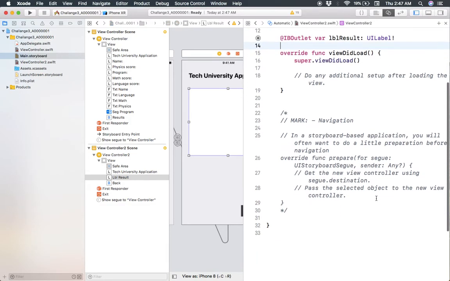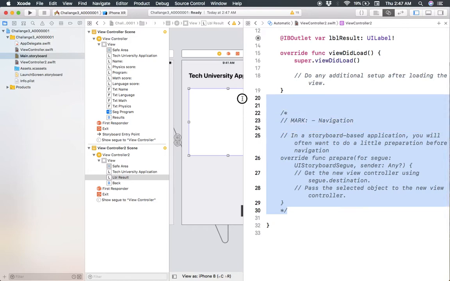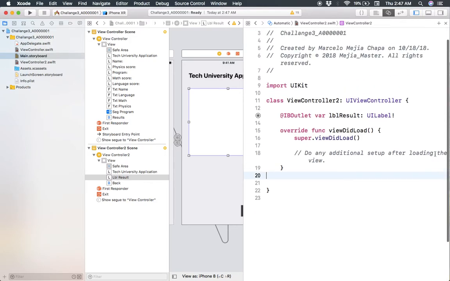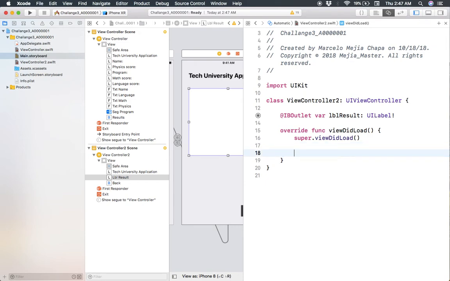There's a lot of text here, a lot of comments. We can delete those. We can look at what is viewDidLoad. As you can see in this comment, whenever we change into this view, anything that's inside this function is going to run. So we can delete that code, and we're going to create our code inside our viewDidLoad as if it were a button. So in here, we have to check if program type